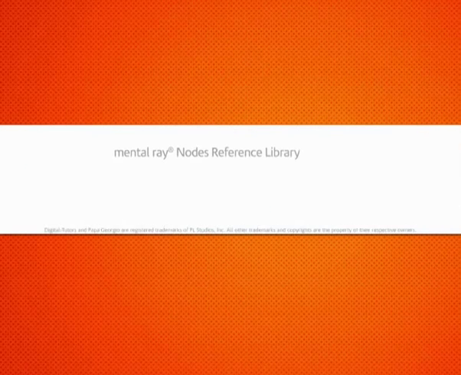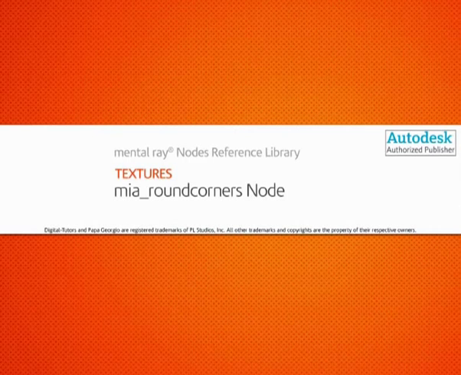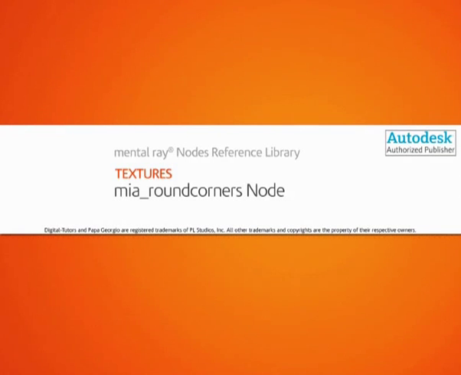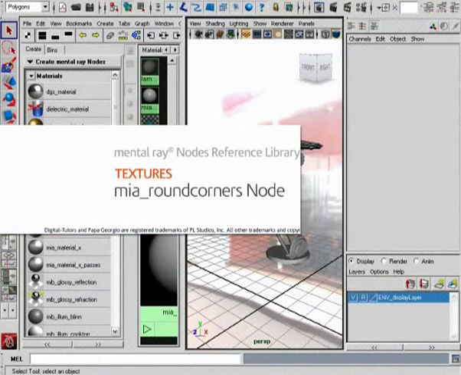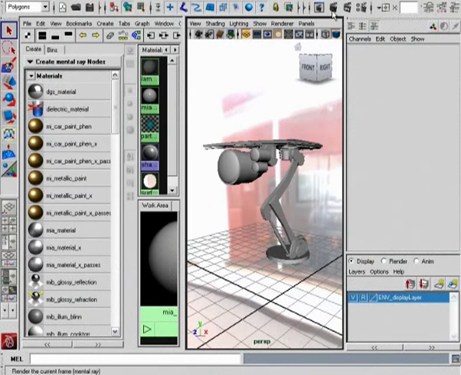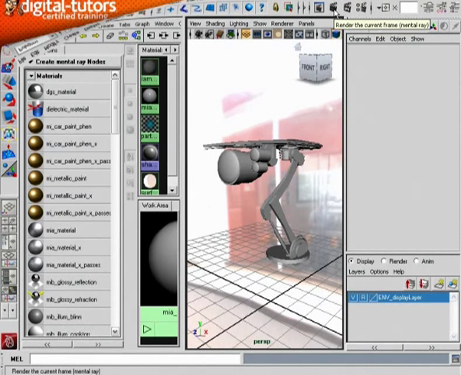In this lesson, we'll take a look at how the MIA round corners node can be used to add a beveled appearance to our rendered objects. So here's the scene file that we're going to start with. Now let's take a quick render at what we have to begin with, and let's just see where we're starting